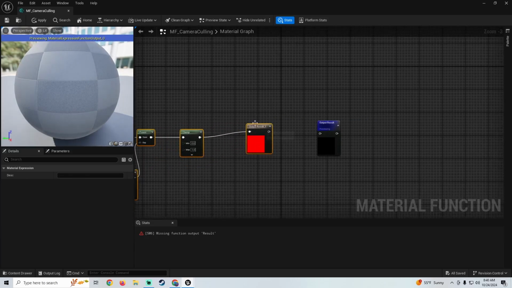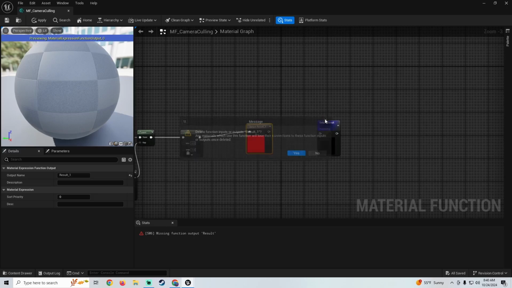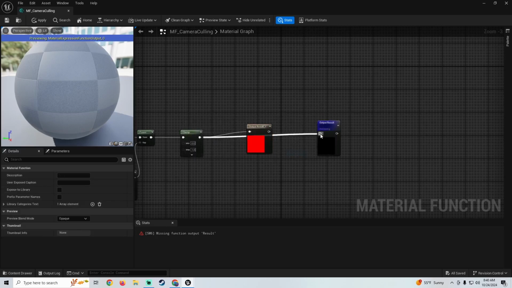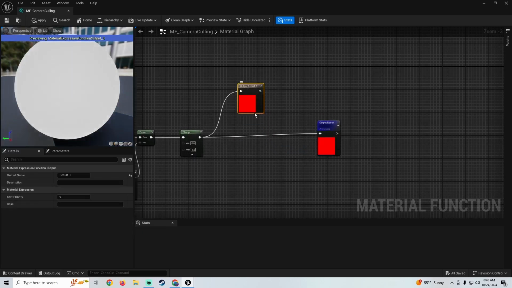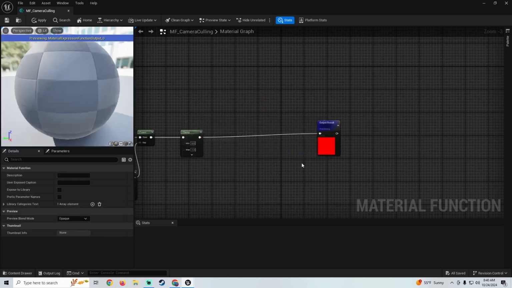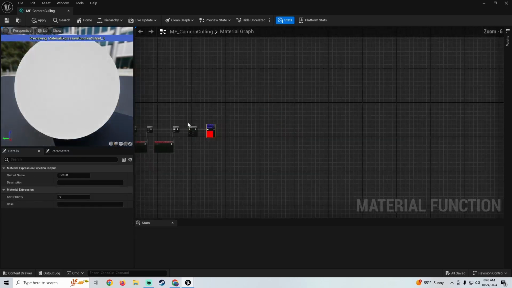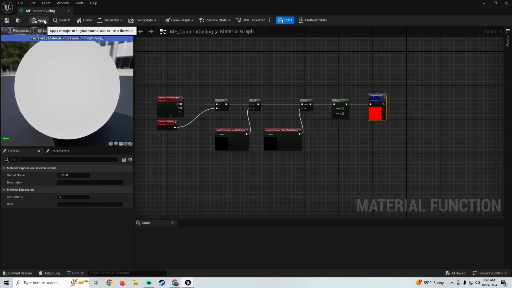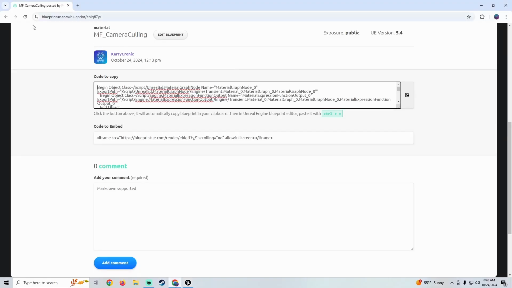We don't need this output result. It just copied it from the Blueprint UE. So let's plug this into our actual output result. And there we go. We got our first material function made. Let's just apply, save. And then our next one is going to be